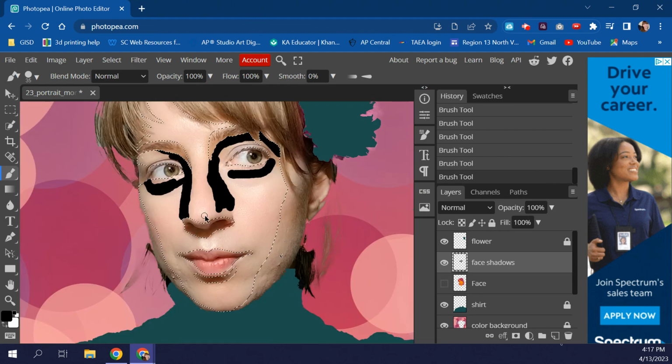Looks like I got a black eye. Somebody broke my nose. So it is going to initially kind of look funny. I'm going to keep going, but I am going to